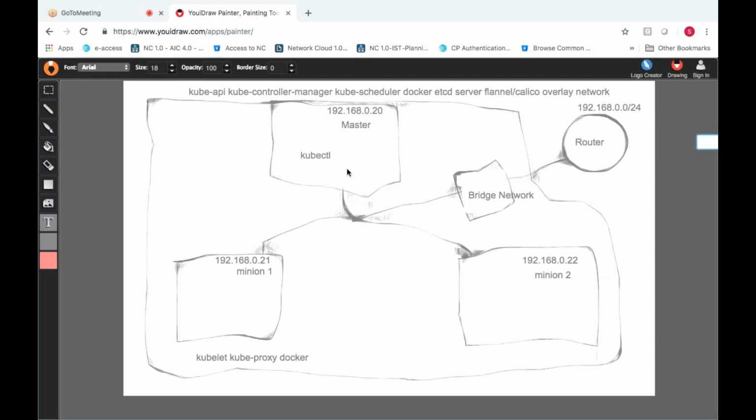So Kube API will accept the requests, either from the dashboard, since Kubernetes has a dashboard, or from the CLI using the kubectl command. From both inputs, the Kube API server takes the values and gives them to the Kube Control Manager.